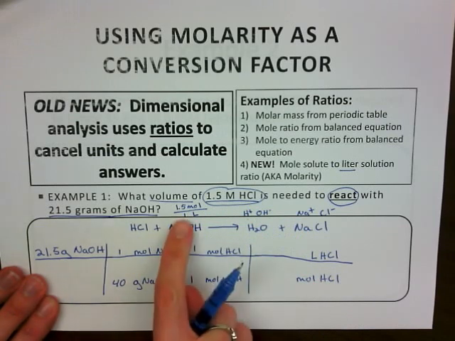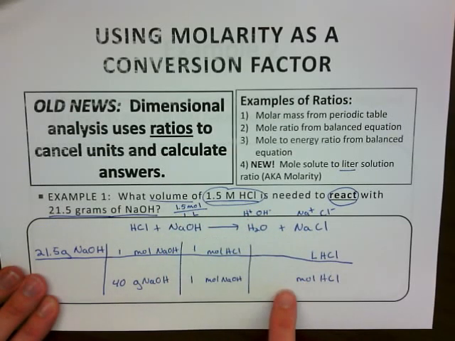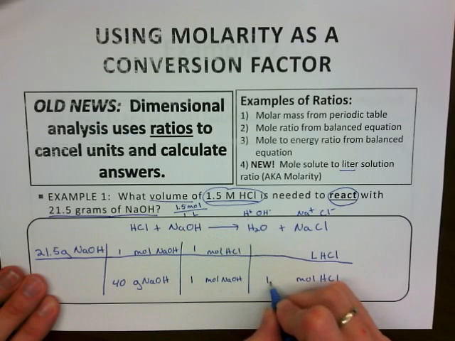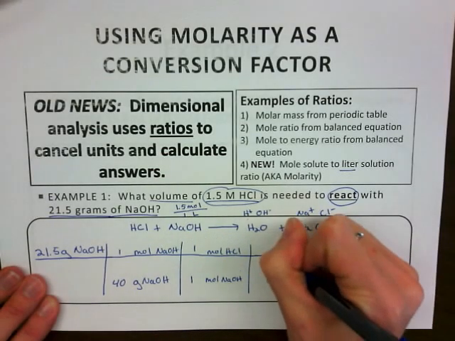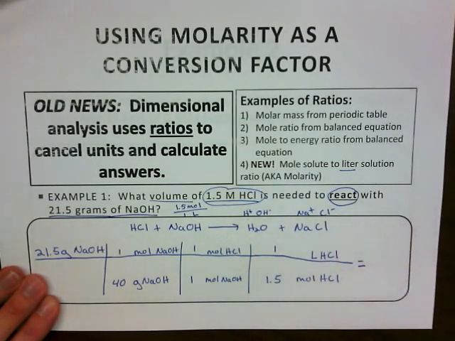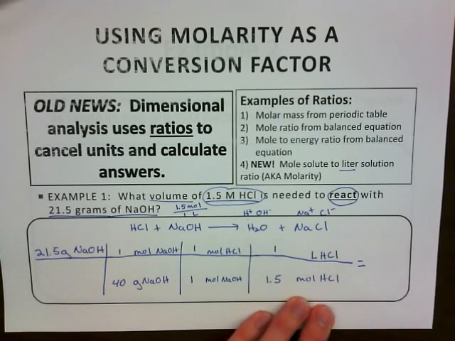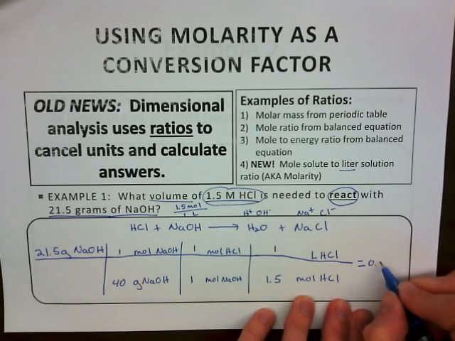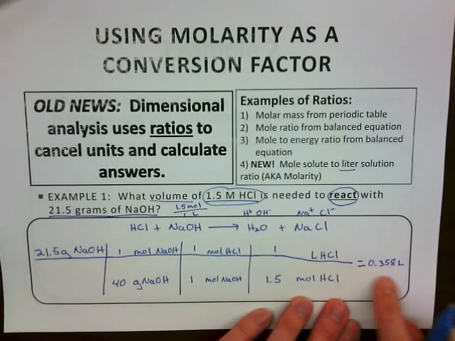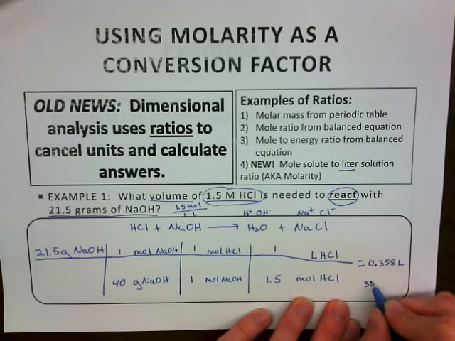So I can translate this ratio into my dimensional analysis. I have 1.5 moles per 1 liter. And just do the math the same way as always. Multiply across the top, divide across the bottom, and I end up with 0.358 liters. This small number, point something liters, makes a whole lot more sense to report in milliliters. So if I multiply this by 1,000, I get 358